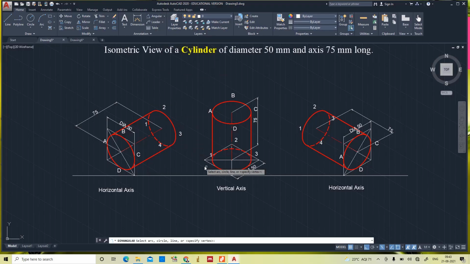We will give the angle. Yes, with this everything completed.